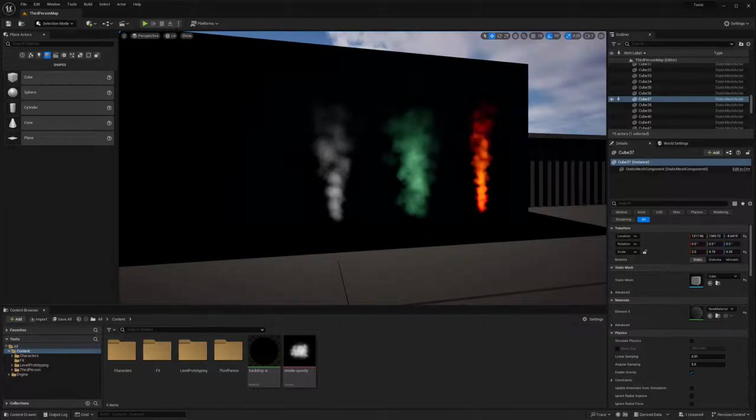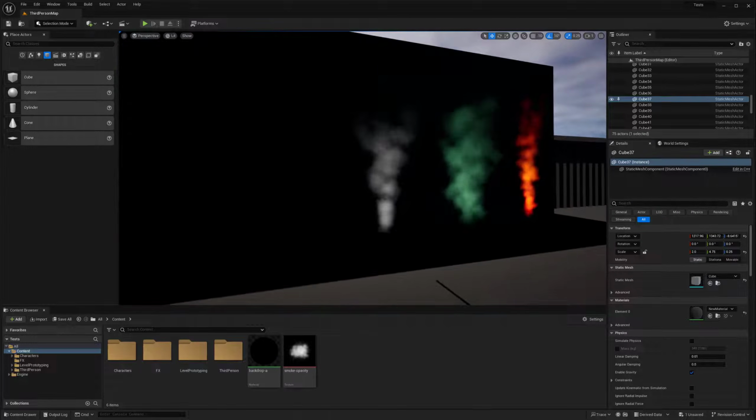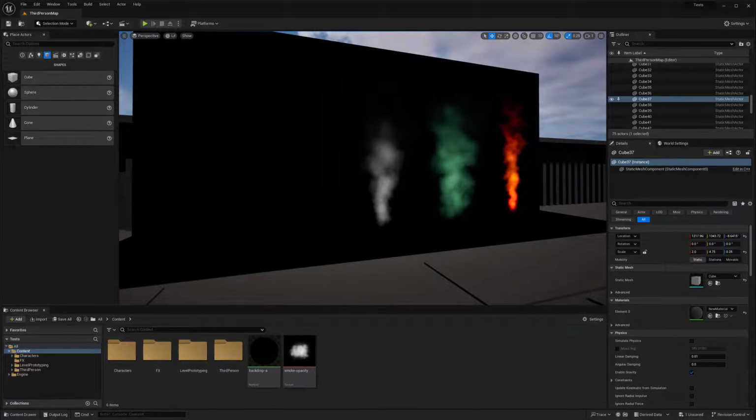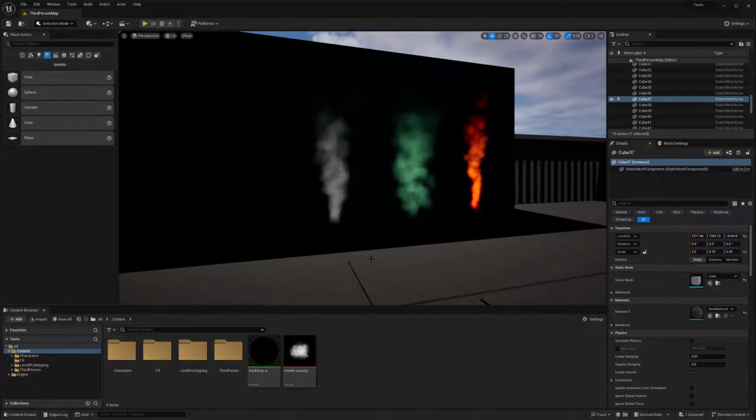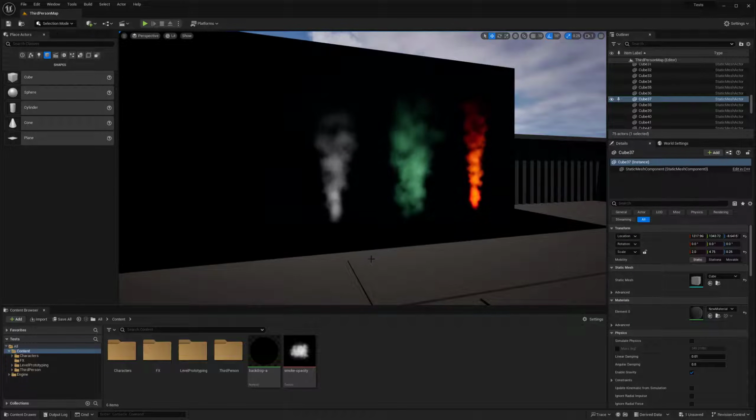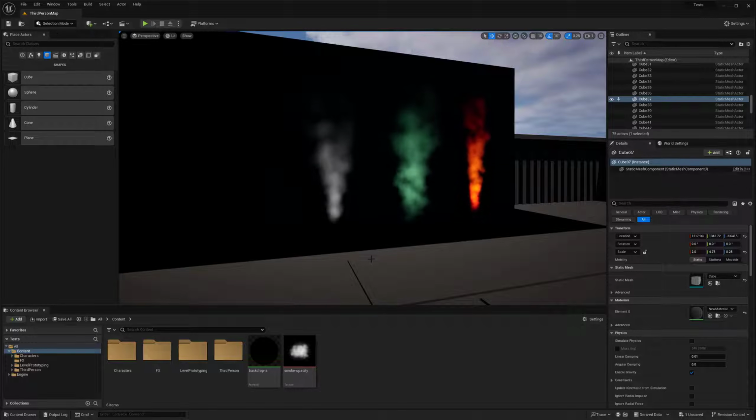Hey everyone, my name is Peyton, and in this tutorial I want to show how to set up a simple smoke particle. This would be used in your environments just to add that extra level of detail. I am just an environment artist, not an effects artist, so I'm limited in what I know about the Niagara system and effects compared to someone that focuses on that. But I do want to show how I set up a simple smoke